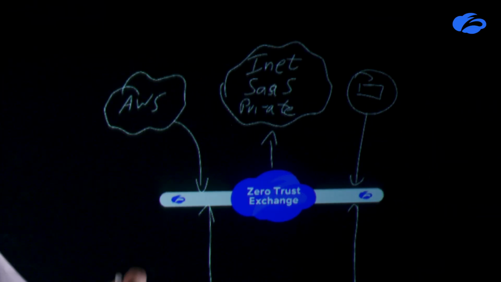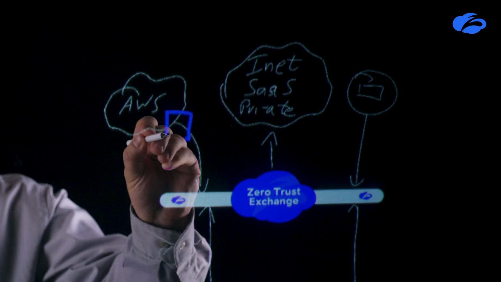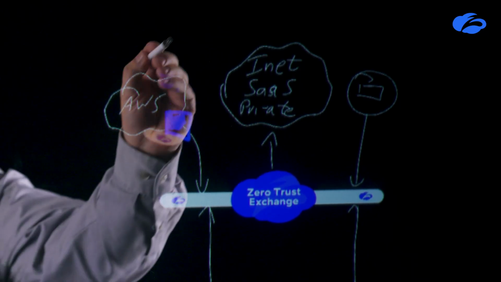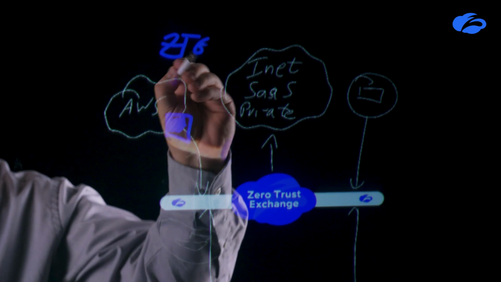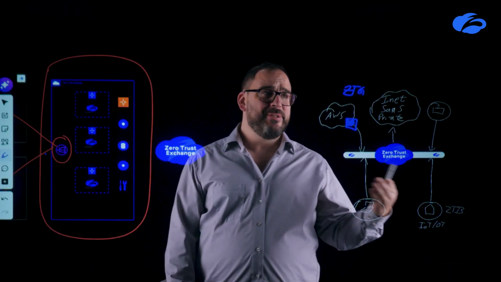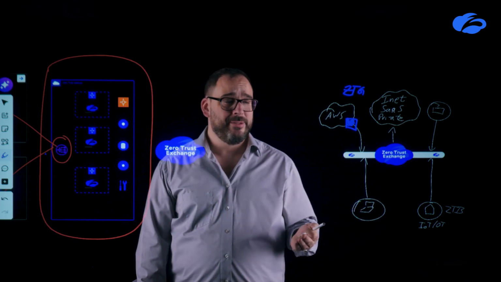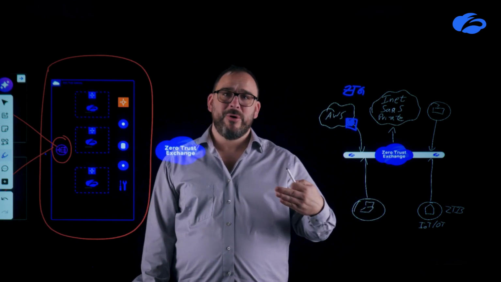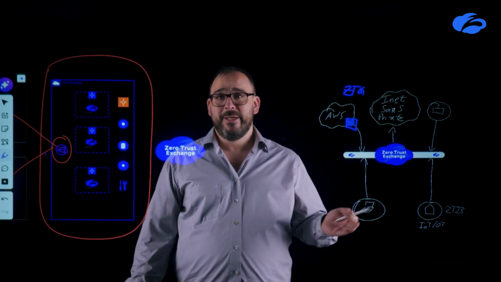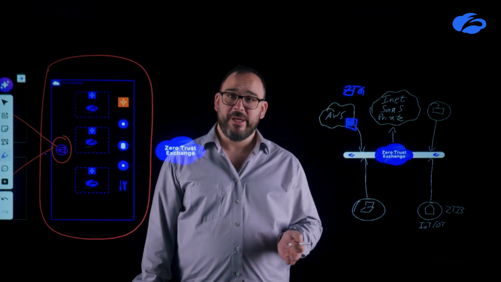I hope I could show you how easy it is to connect your workloads in AWS through the Zero Trust Gateway with our exchange, and following this with your applications, with your SaaS services, or just with the internet. So really, you can onboard your workloads at the speed you need and in the dimension and scale you need for your business. Thank you very much.